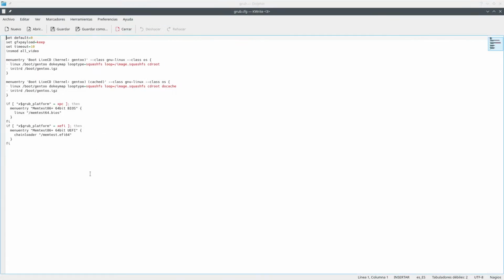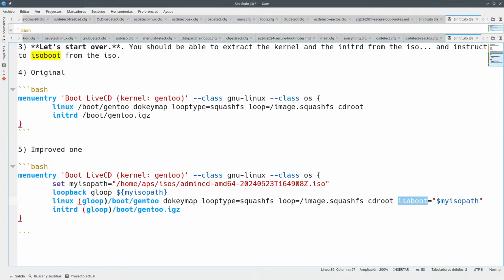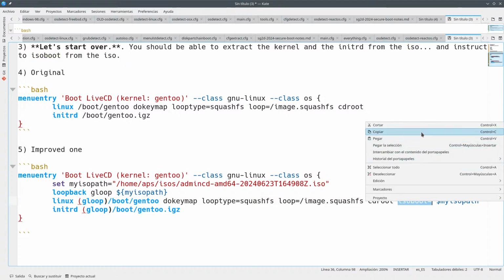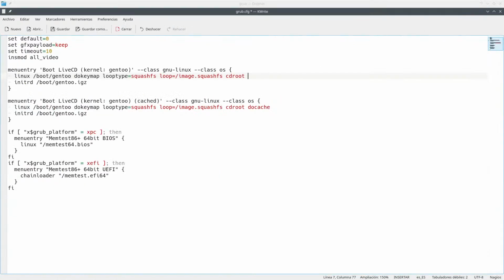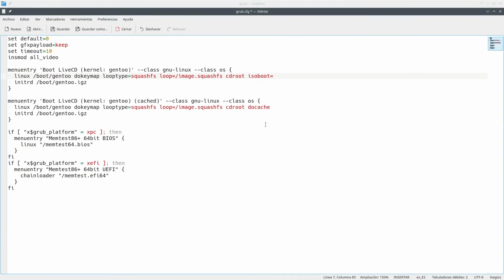What you just do here is to make sure that all of the files have this isoboot with the isopath variable. So you've got here isopath. This is what you want to have here.